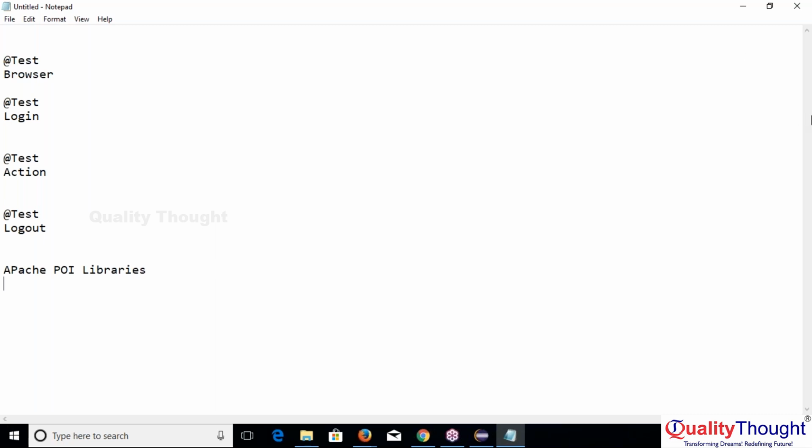Apache POI libraries are required for Excel reading and writing. Excel only. If you are having Excel configuration in your Selenium WebDriver, then you must have the Apache POI libraries. Do we have any alternatives for Apache POI libraries? Yes, we have alternatives. Actually, for Apache POI there are four to five libraries, which we need to configure